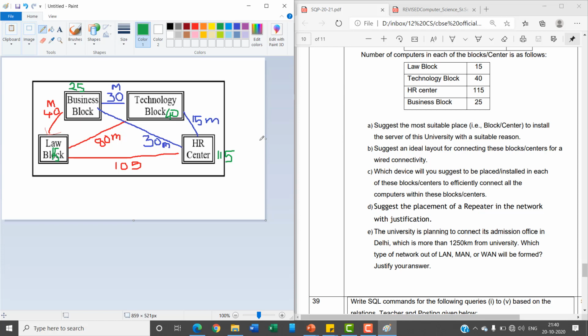So now when you are choosing a place for installing a centralized device, whether it is a server, a printer, a broadband connection or anything, any resource which should be shared over a network, then you should be choosing the place or a block where you have the maximum number of systems. So according to